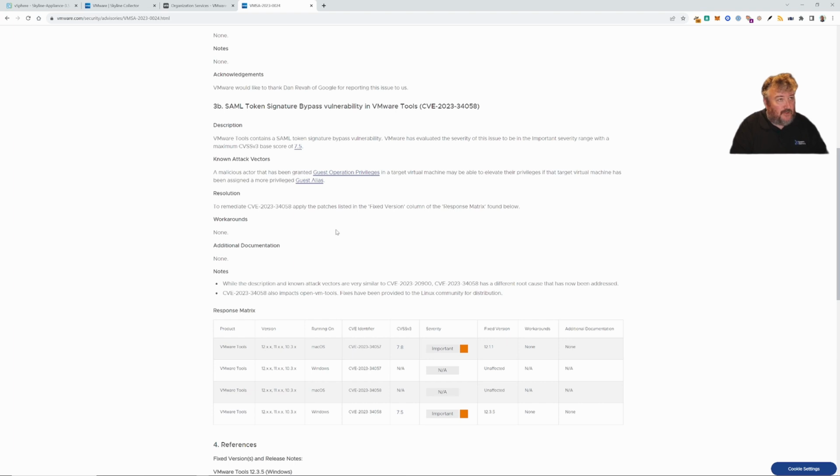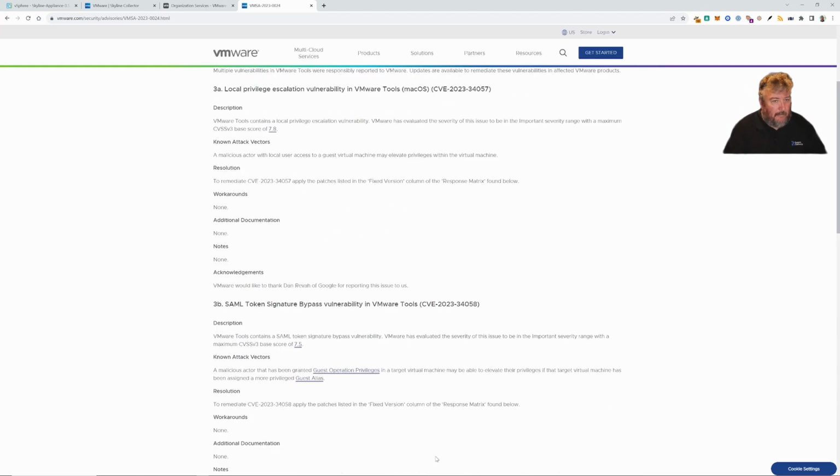Also, depending upon your organization's cybersecurity policy, depending upon what CVEs they expect to be patched and whether it's within 7 days or whether it's in 14 days, depending upon the actual value, whether it's 7.5 or 7.8. Some organizations have a cybersecurity policy that states that they expect all systems to be patched within 14 days if the severity is above a 7, and that changes. Of course, if it's above a 9, then 0-day vulnerability, they expect it to be fixed ASAP. So don't necessarily panic about this particular